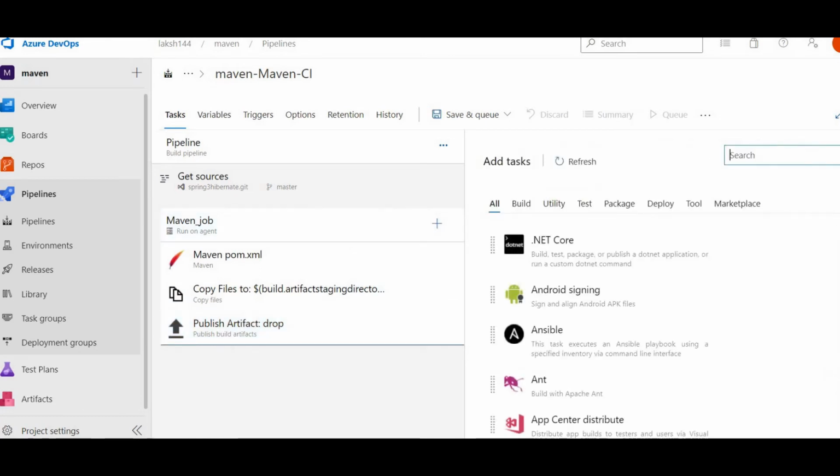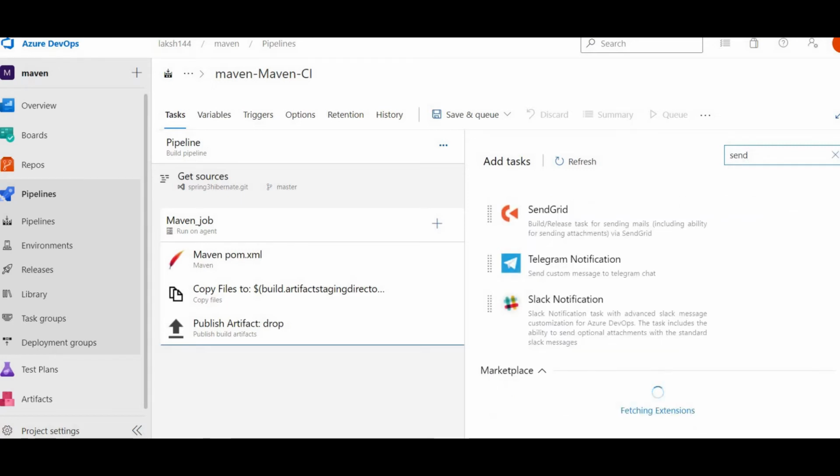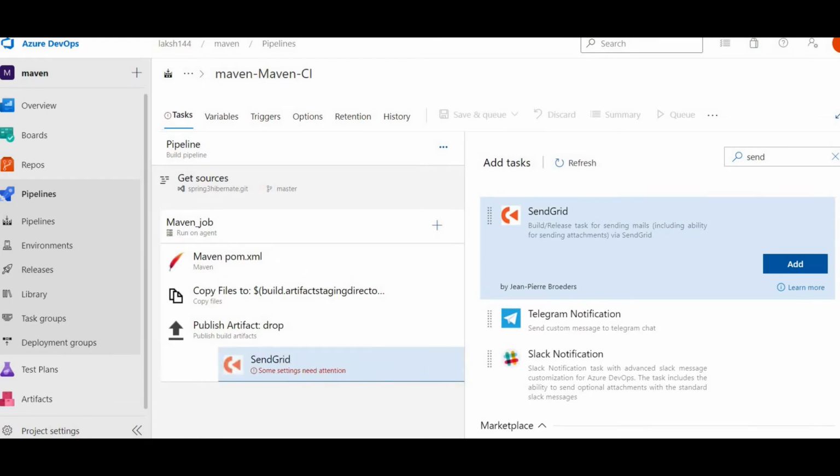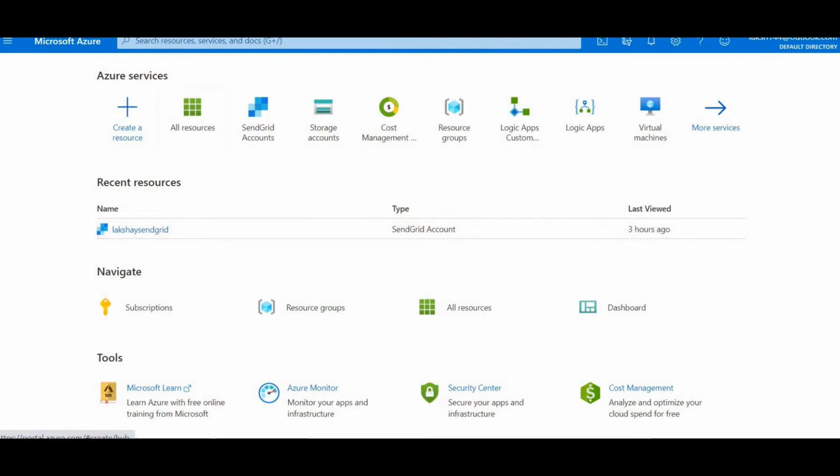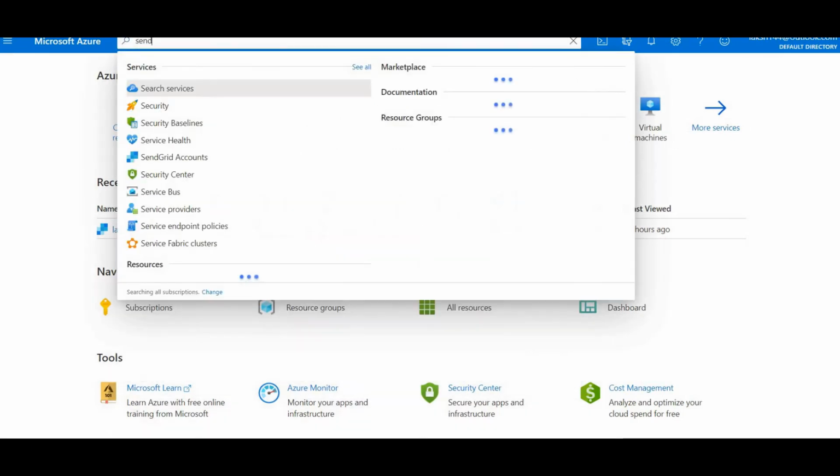Now let me also include a task which will help me send a notification. I will be using the SendGrid task. Let me go to the Azure portal first. I'm in my portal, so let me type SendGrid.